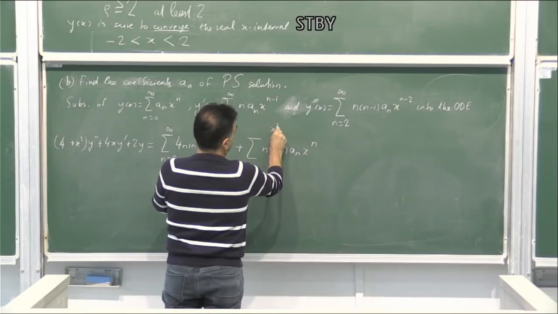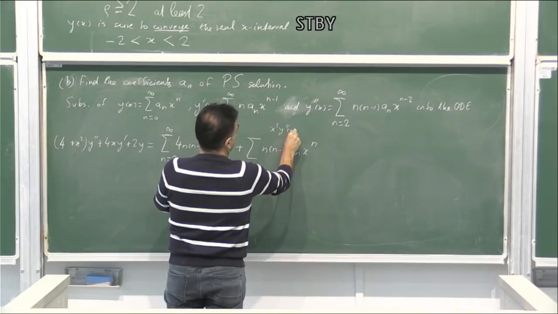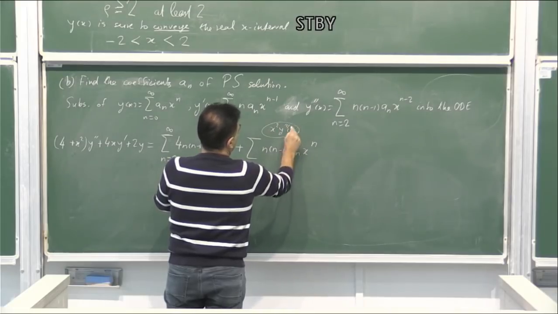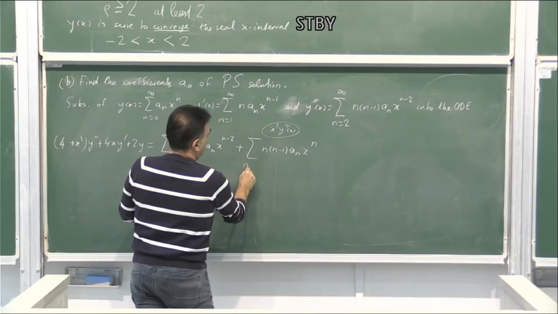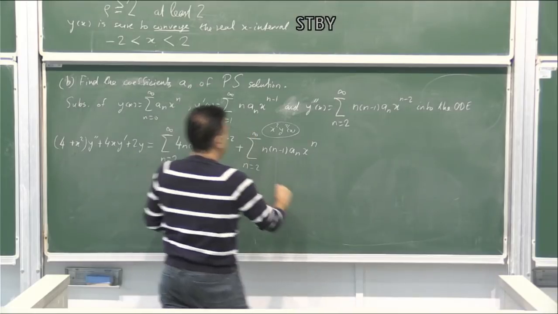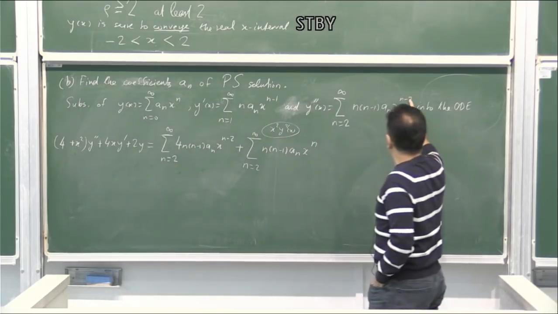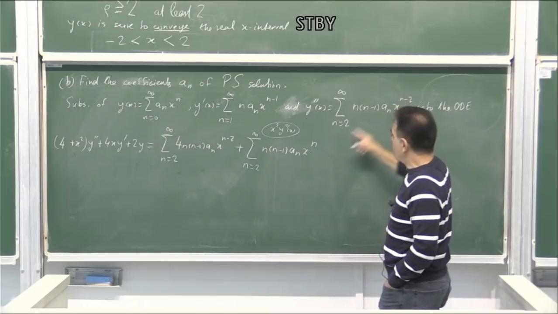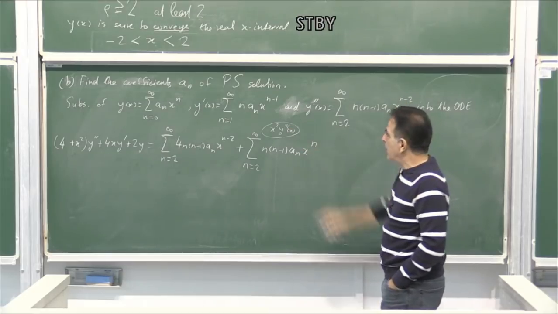This term is x squared y double prime, from 2 to infinity. So x to power n minus 2, the exponent rises to n on multiplying by x squared,